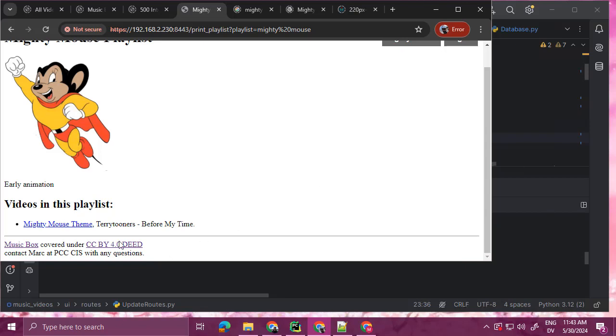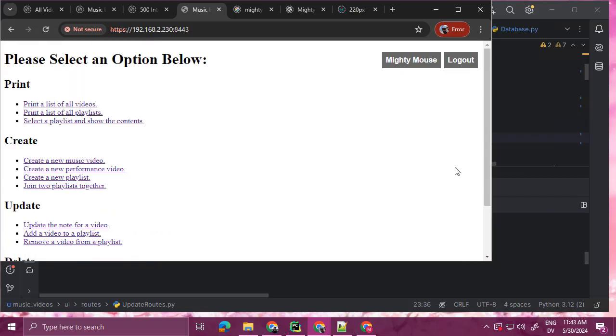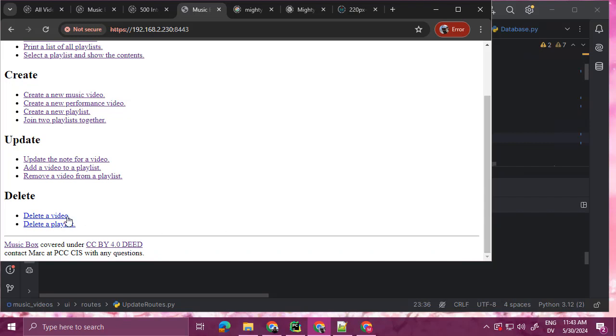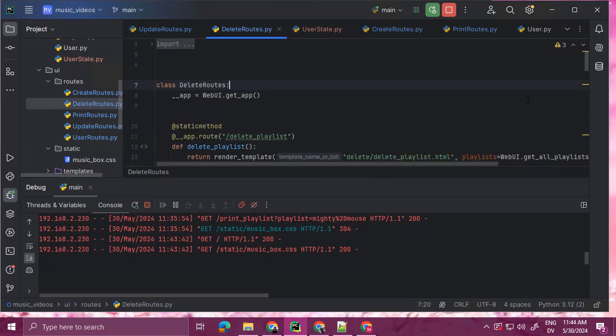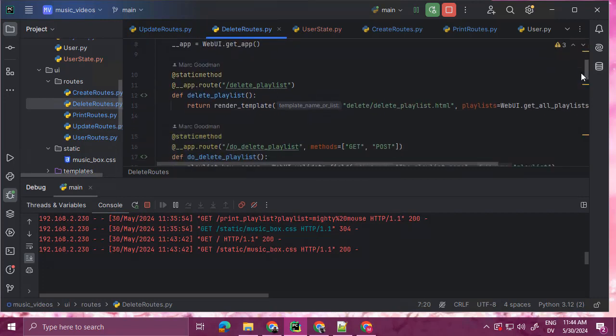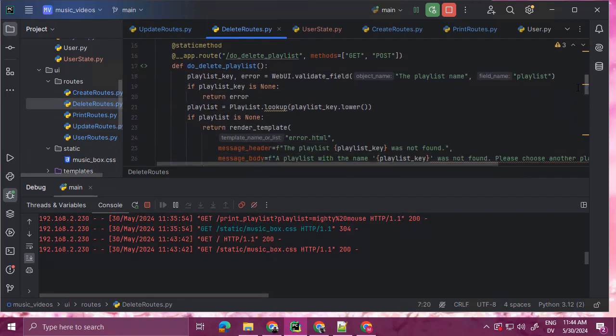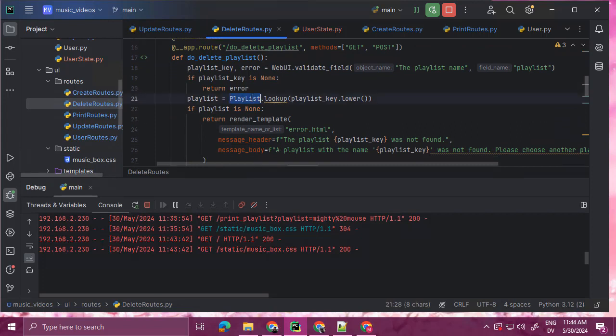Okay, so now we have the delete methods, and deleting a playlist is required, but deleting a video is optional. I'm going to go ahead and do both, but you only need to do deleting the playlist. But at this point, it's pretty straightforward. So let's open the delete routes. And first up is deleting the playlist, and then this is all the same except for this lookup should be